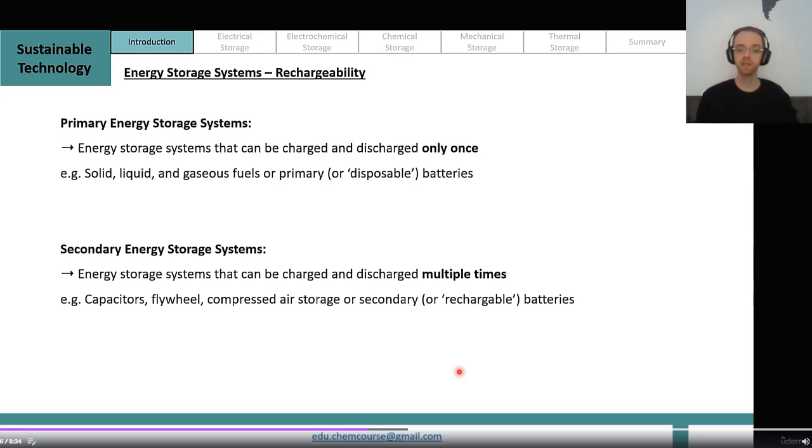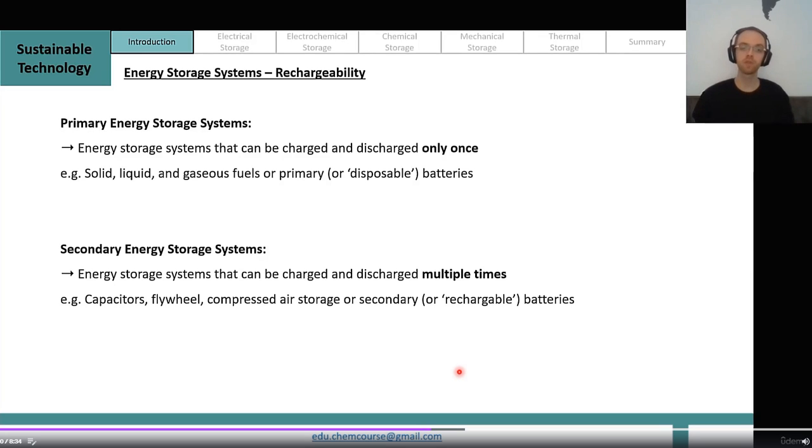And the second sector are the so-called secondary energy storage systems. These are energy storage systems that can be charged and discharged multiple times. Of course, this is maybe the more interesting field here, especially when we're talking about sustainable energy storage. We want a system that can be utilized multiple times. A typical example for this are capacitors, flywheels, compressed air storage, or secondary so-called rechargeable batteries, like, for example, lithium-ion